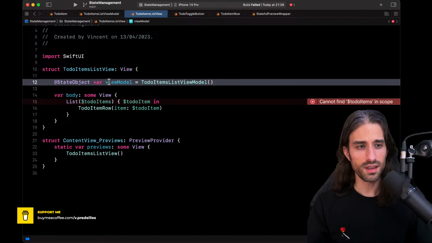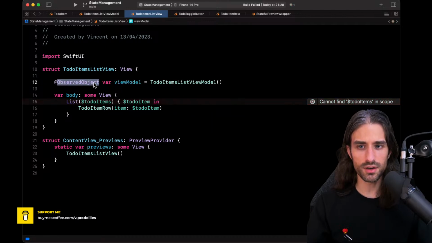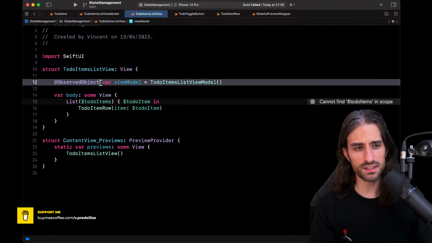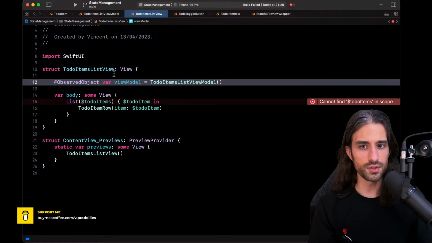It owns it in the sense that it will keep the reference around as long as the view is present in the view hierarchy. On the other hand, @ObservedObject is similar to @Binding in the sense that it says that ToDoItemsListView uses the view model but doesn't own it, and so there is someone else that is responsible for keeping a strong reference to the view model.